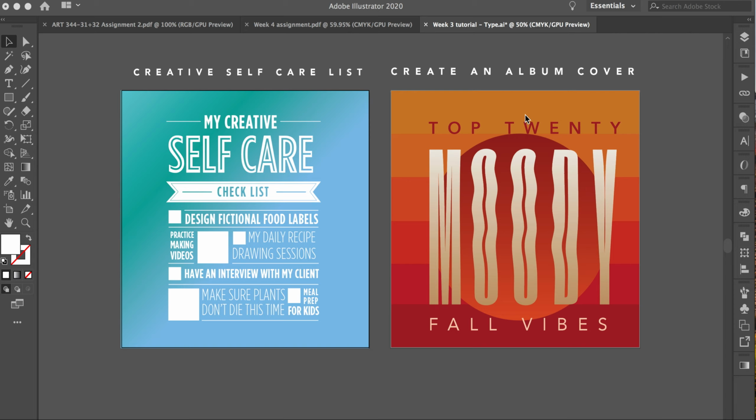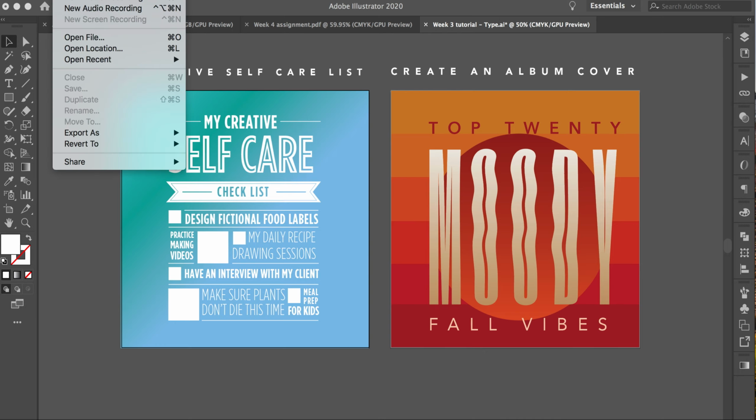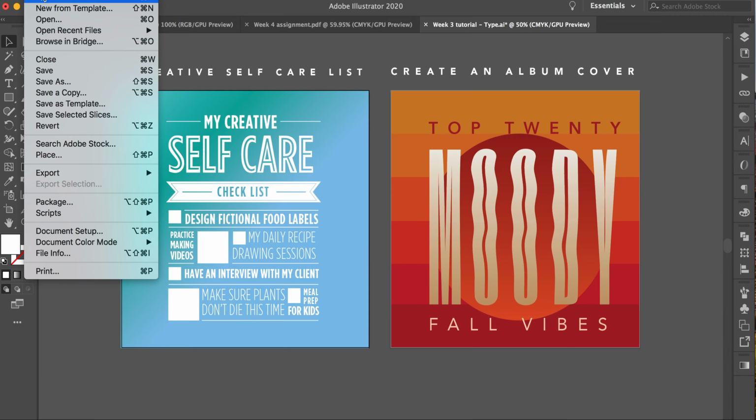Okay, so I would like to start by making my workstation visible. So I'm going to recreate these two types of work formats for myself. So I'm going to go into File, New,